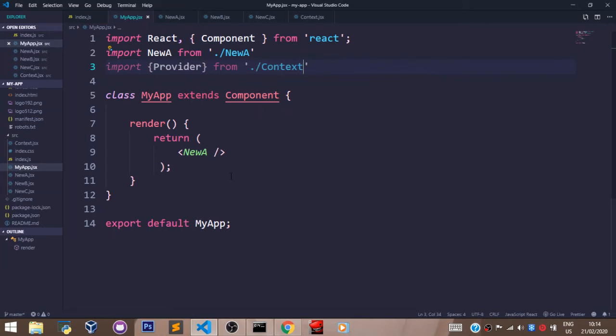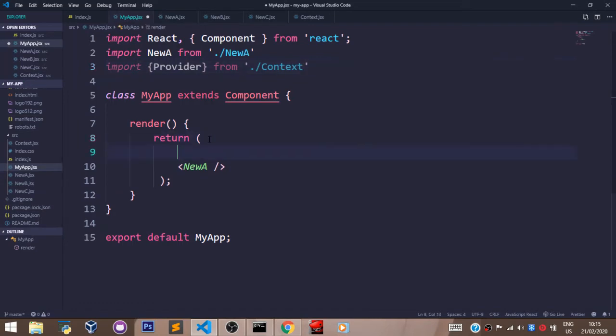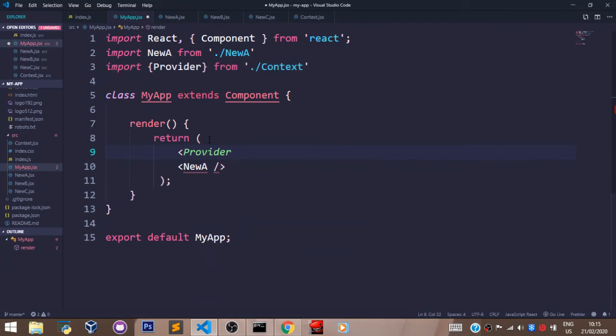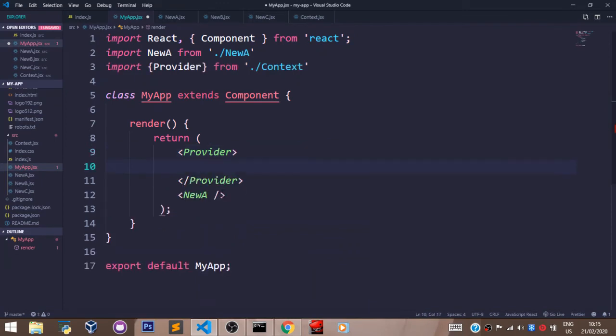It's always good to provide in the parent components because all other children components are linked to it. So whatever you provide in the parent components will be accessible by any of the child components. After importing the provider, let's come here in our return statement, let's say provider. Now let's wrap the new A component